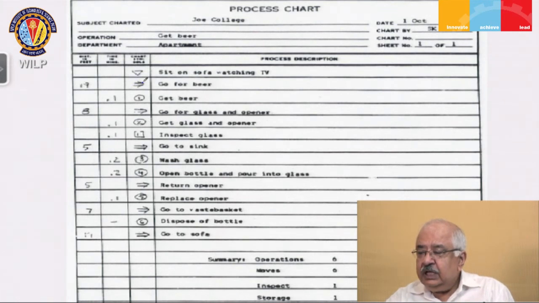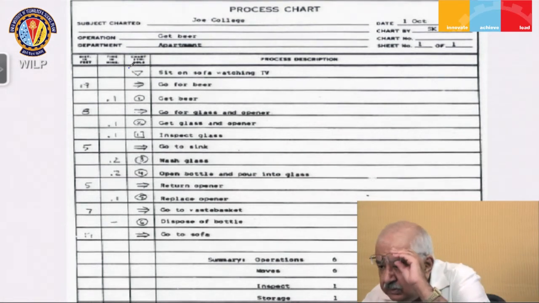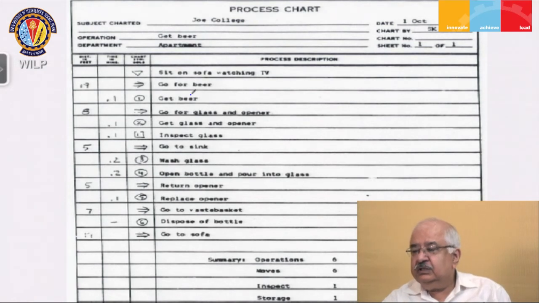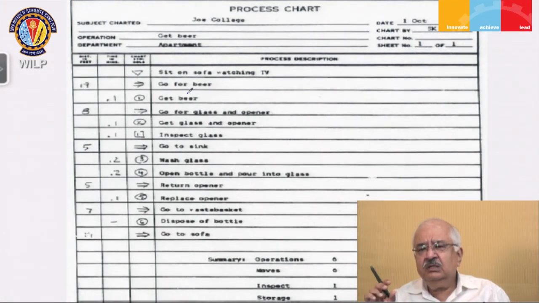So what the person does is a transportation action, or step, over here. And next to this you also see the distance that the person has to walk. So let's say this is 17 feet, where the person walks to maybe the fridge or wherever it might be. Now notice that we have not really broken it down into very small sub-activities or sub-steps,